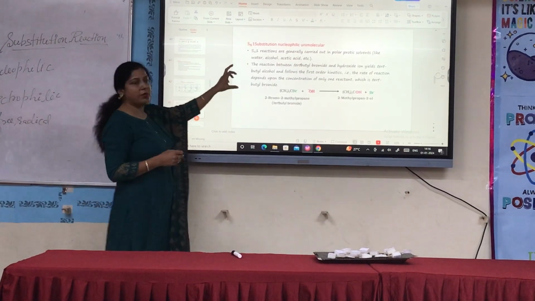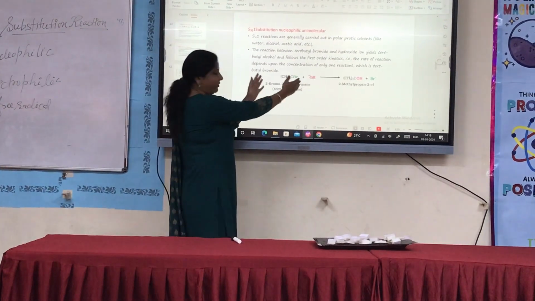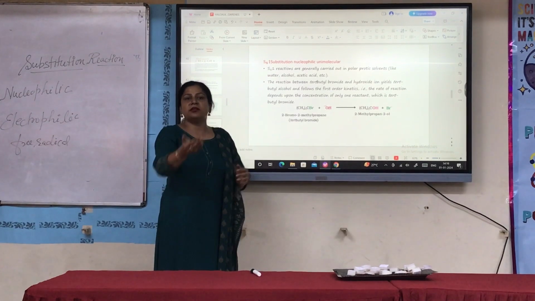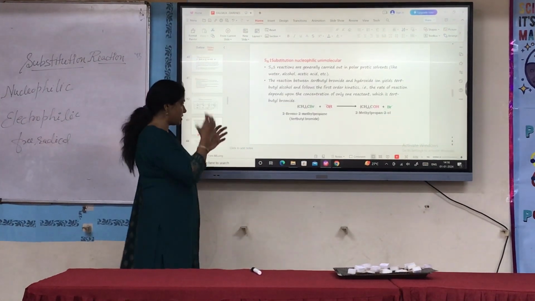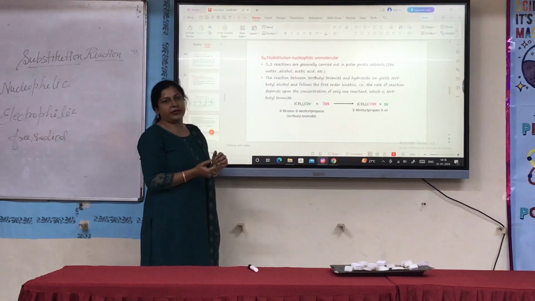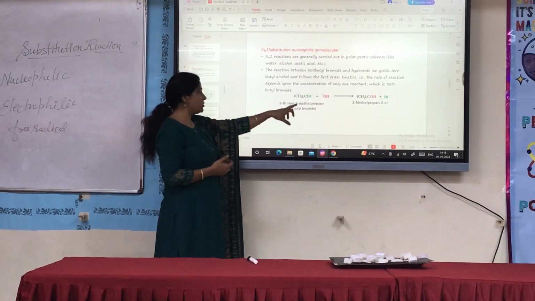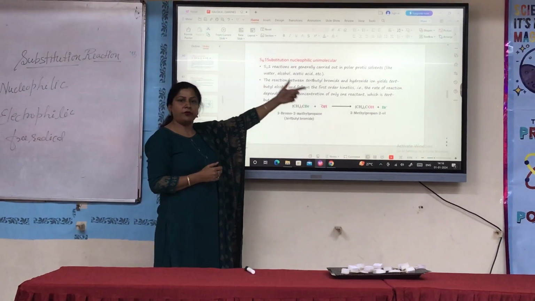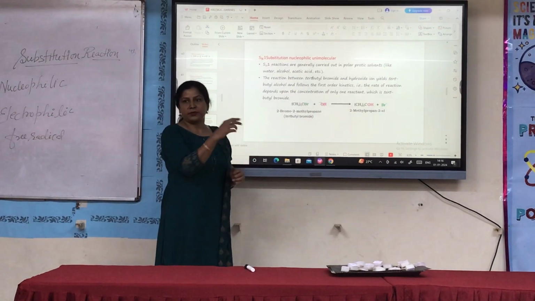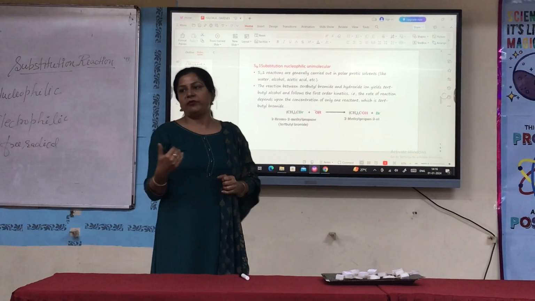Now coming to the SN1 mechanism. SN1 basically looks the same, one group is replaced by another group. But when we look at the structure of the compound, then we are aware whether it is going to be SN1 or SN2. In this case we have three alkyl groups which are bulkier. So this is a tertiary alkyl halide, so it will follow the SN1 mechanism because it will undergo two steps. First step, the bond breaks, and then in the second part the nucleophile will attack.